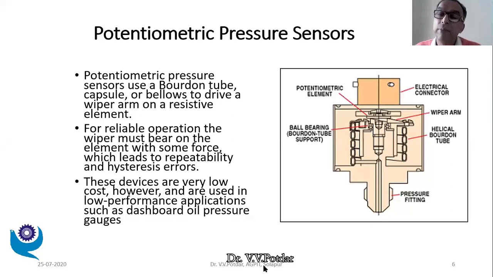So what has happened? See the stages of transduction. The pressure signal is first of all getting converted into angular displacement of the free end because of the elastic property. This angular displacement is getting converted into resistance change in the angular potentiometric circuitry, and this resistance change is getting converted into voltage change. So these are the three stages of transduction that are taking place. This is the cross-sectional view of a commercial potentiometric pressure transducer. So I think we shall stop for today.